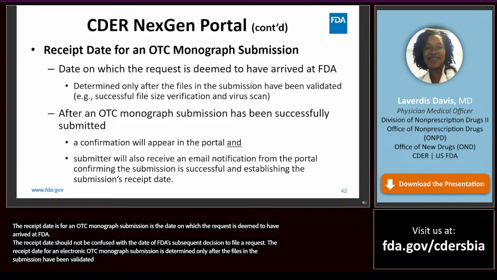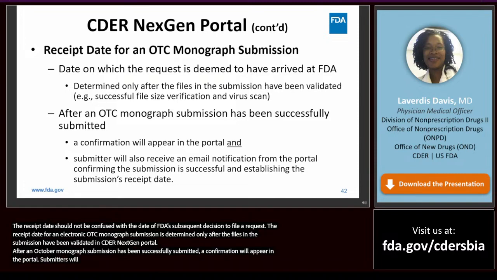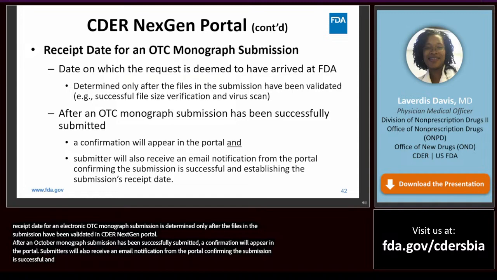After an OTC Monograph submission has been successfully submitted, a confirmation will appear in the portal. Submitters will also receive an email notification from the portal confirming the submission is successful and establishing the submission's receipt date.